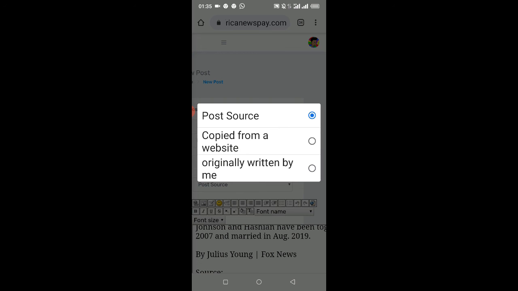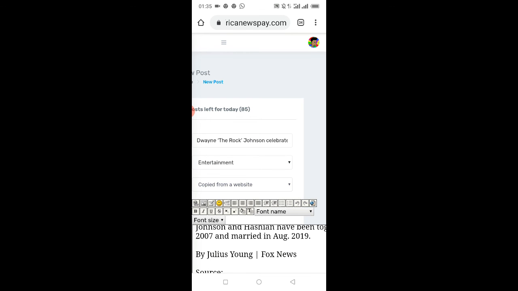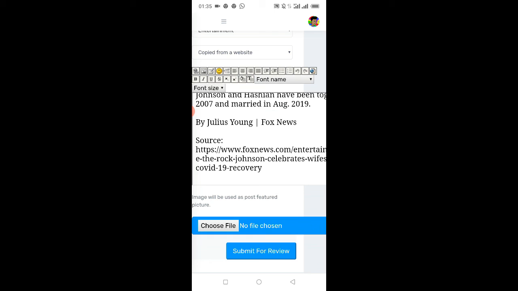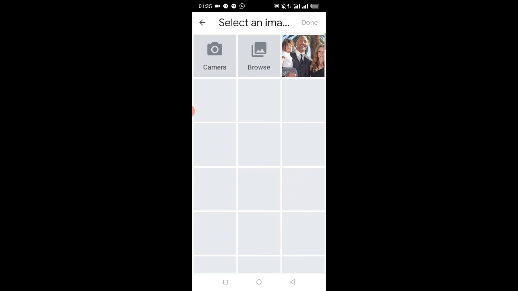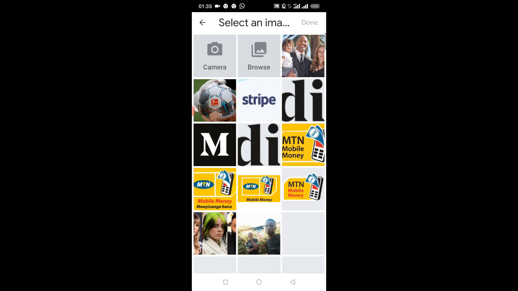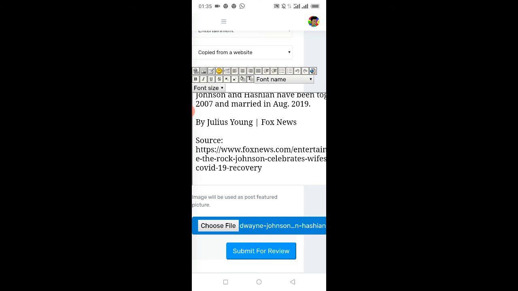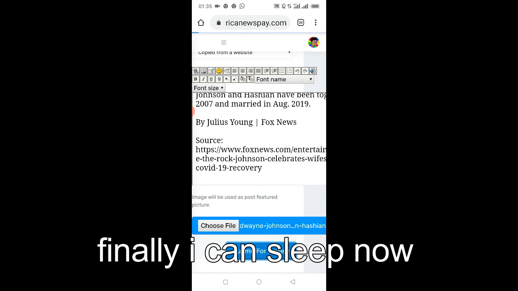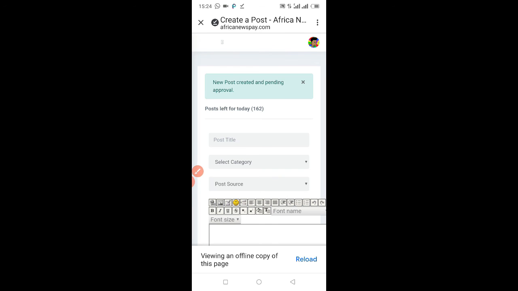So select copied from a website, and then you can select the image which is related to the post when you download it, and then you can finally submit for review. It will just come back and say new post created and pending approval.